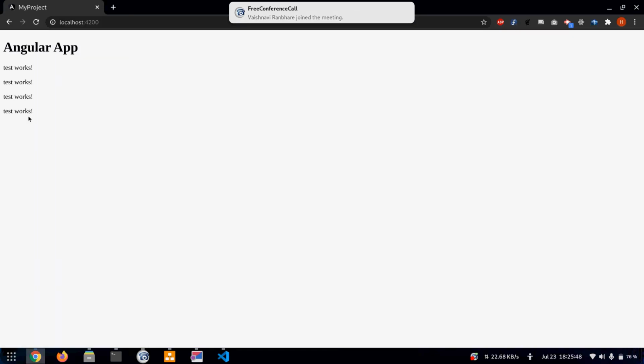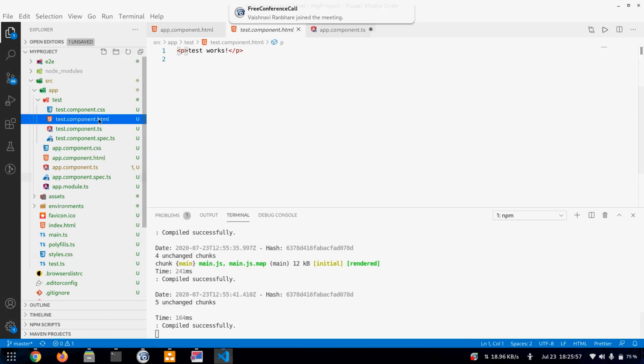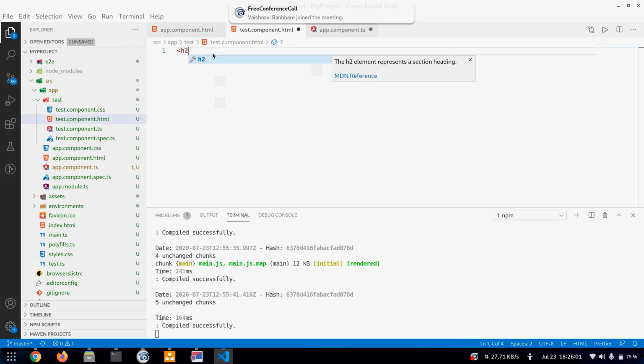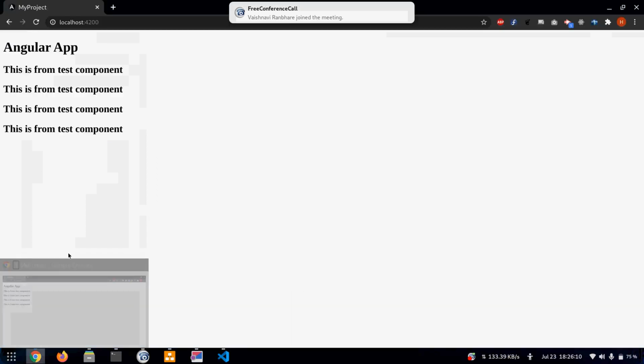So it helps in reusability, like we can create the component once and reuse it. It's a paragraph here, and we can change it. See, this is displayed 4 times. So till here, any doubt?